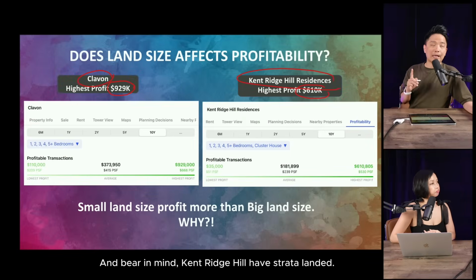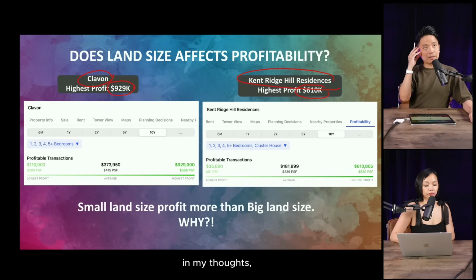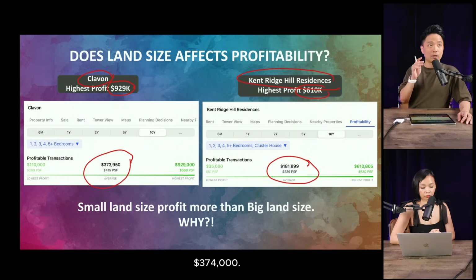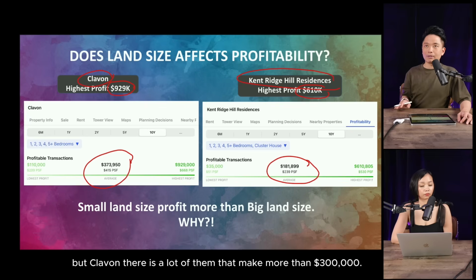And bear in mind, Cambridge Hill have strata landed. So the 610 might come from strata landed. In my thoughts, because I look at some of the transactions, you see the average is 181. This average 3743. What I'm trying to say here is that Cambridge do make money, but Clavon,